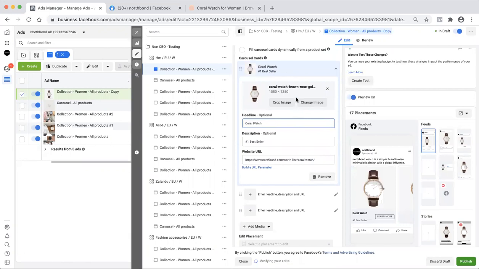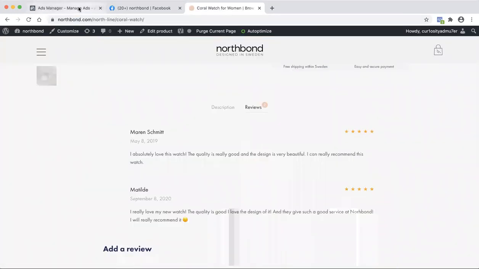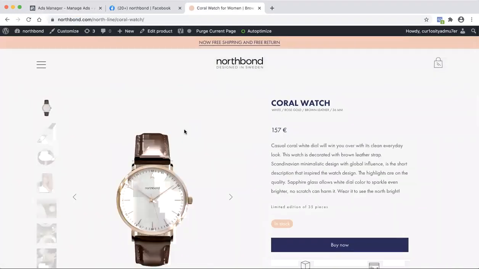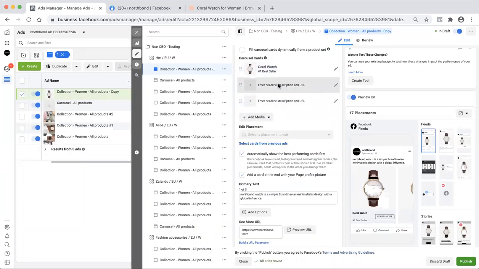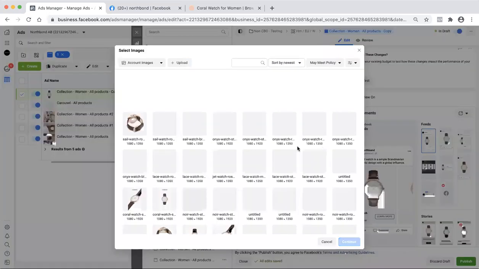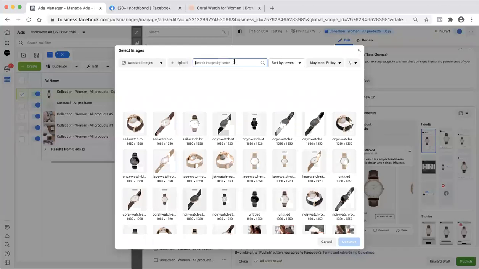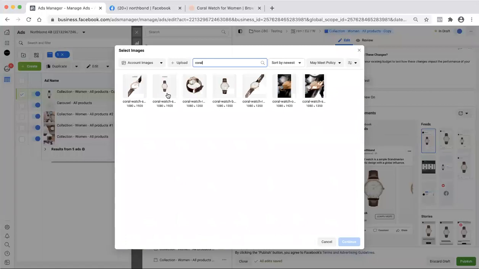Okay, so then we'll just move on to the next one and we'll just repeat this process. We want to continue to keep it consistent here, and the next image we could use, yeah, you can take that one.